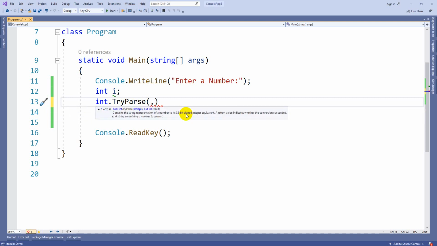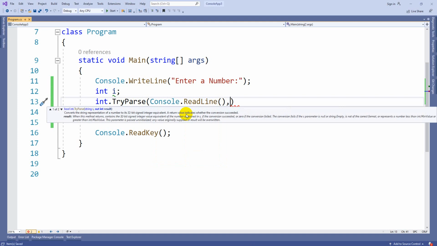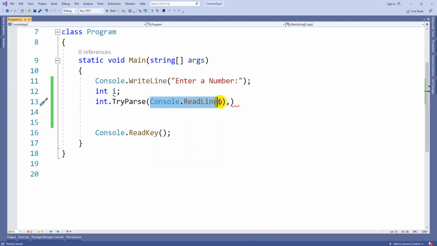The first is which input you want to convert into the respective format. Always the input I am taking from Console.ReadLine. The second one: if this input contains all integer values, then where it needs to be saved, it needs to be saved in i. This method is using an out parameter, that is the reason you should mention it as out.